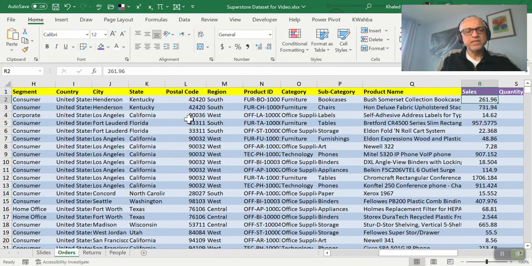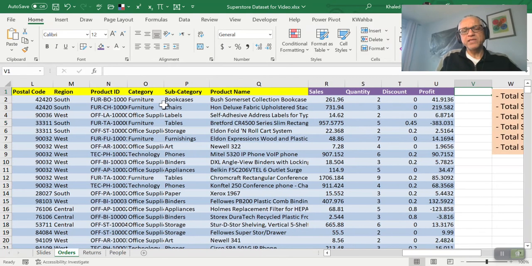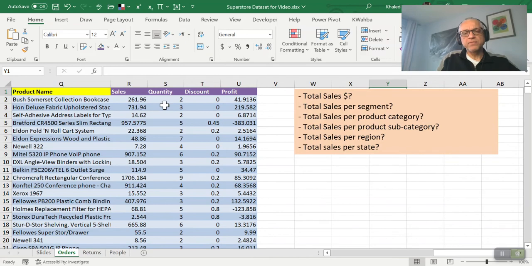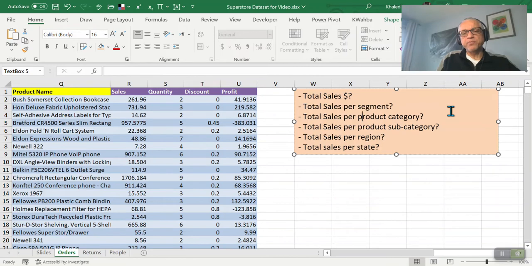There are multiple ways in Excel to do that, by turning this data set into a table and filtering. Then the first row will always be a drop down list where you can know exactly what the categories are for each of these values. But I will not do that here. I'm going to show you something else in Excel in order to enhance your skills. So not only the segment, but also I want to see the sales per product category. So we have product category, product subcategory, region, and also state. So I'm going to answer all these questions in different ways